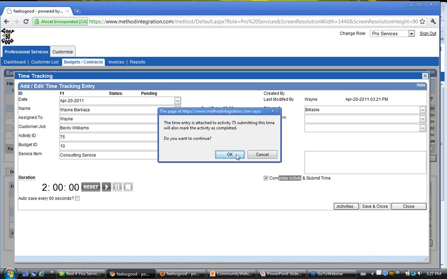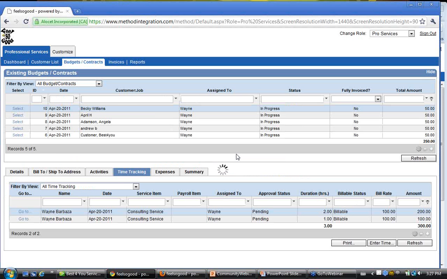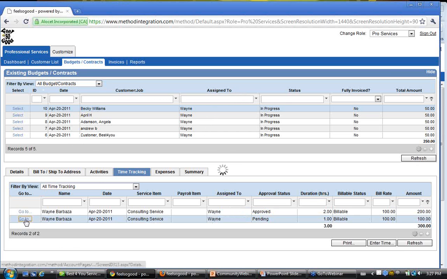Do I want to mark activity as completed? Yes, I go OK. So that shows that time entry as approved. Note I'm still in here as the manager. I can then go to